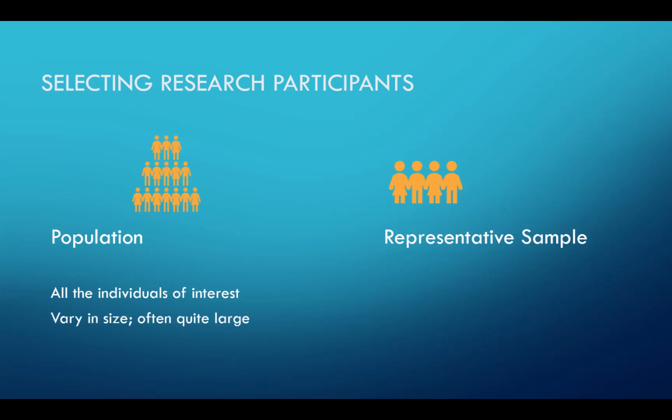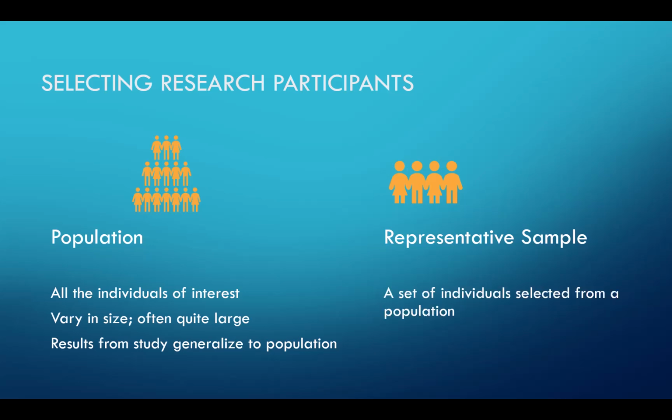Now that could be very large and also vary in size. But if you think about all community college students in California, that would be a really large number and a little too daunting to conduct your experiment on. We want the results of our study to generalize to the population, so we want a representative sample. So a representative sample is going to be selected from the population of interest, whether that's community college students, low-income preschool students, Democrats, whatever it is. Your sample is selected in such a way so that they represent the population